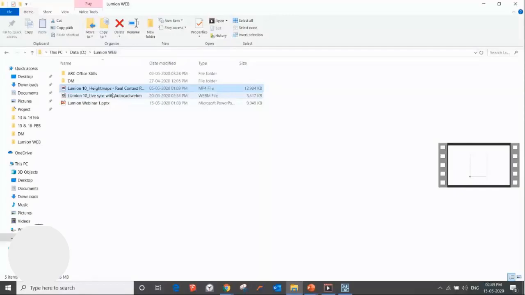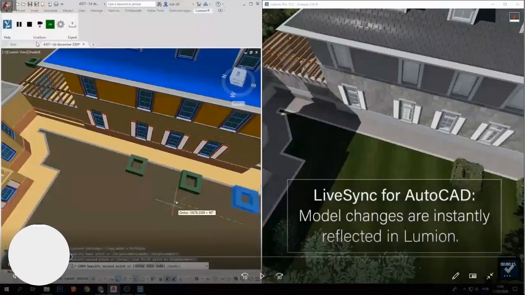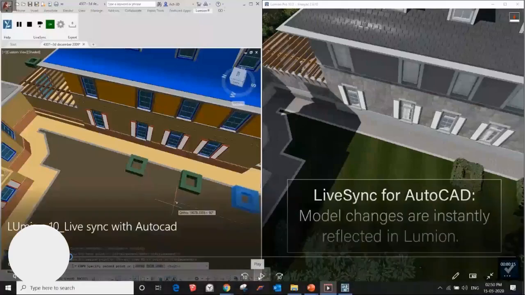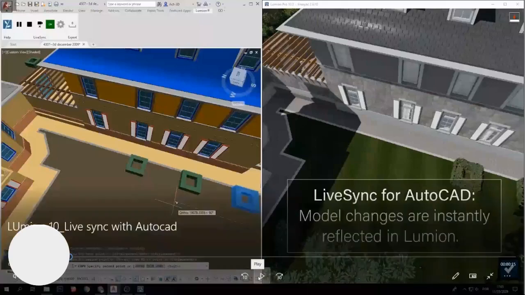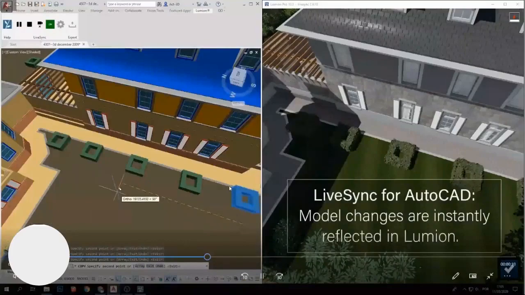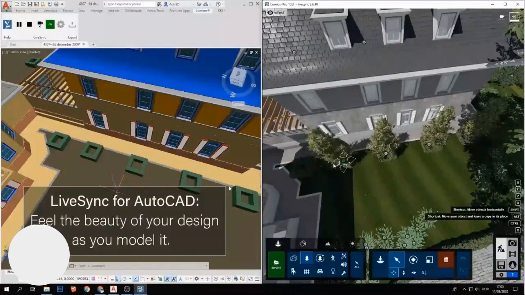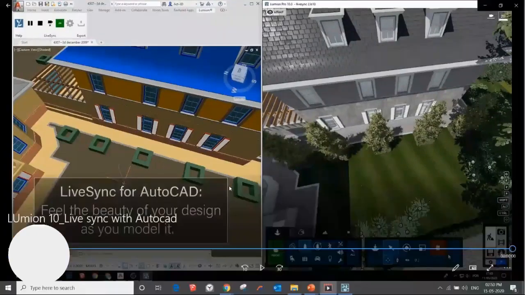And the new feature that is available in Lumion 10.3 is that you can download the separate plugin for your AutoCAD 3D and you can sync your design into Lumion live with the live synchronization for AutoCAD. You just have to enable that from AutoCAD while opening Lumion and you can create the concept and you can place things with Lumion. Like see, now you can place the landscaping on your project. So you don't have to import anything. You are doing and making changes live.